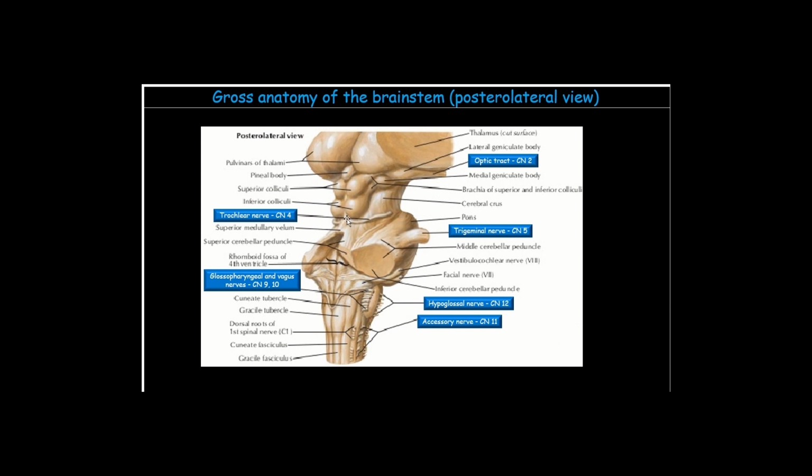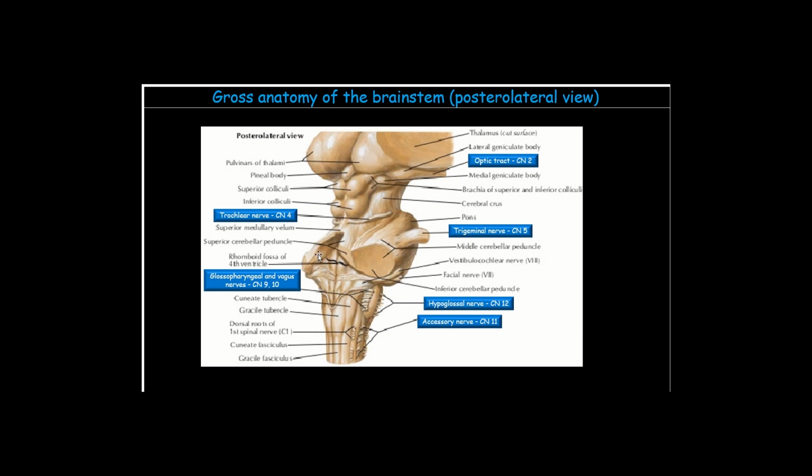Then if you look over here, we're looking at the cut sections of the cerebellar peduncles. See, the cerebellum has been removed and you can see the cut sections of these peduncles over here. The biggest of all the peduncles is this one over here, the middle cerebellar peduncle, and you can see it coming from the pons, carrying the transverse pontocerebellar fibers in it. It connects the pons with the cerebellum, and if we cut the middle peduncle, then we can see the superior and the inferior peduncles hiding underneath it. The superior cerebellar peduncle connects the midbrain with the cerebellum, whereas the inferior cerebellar peduncle connects the medulla oblongata